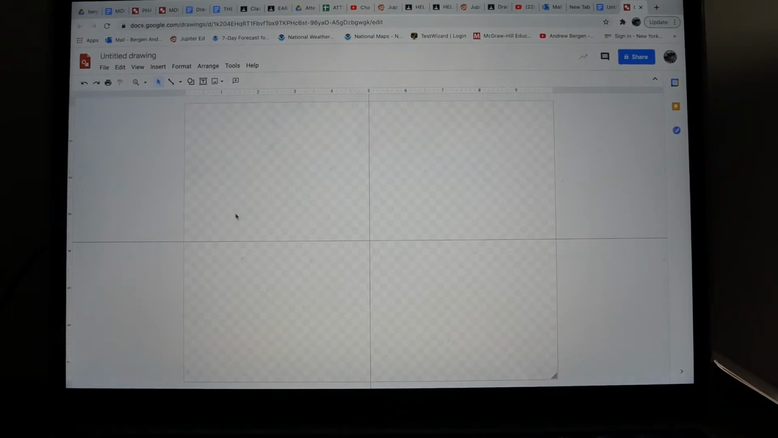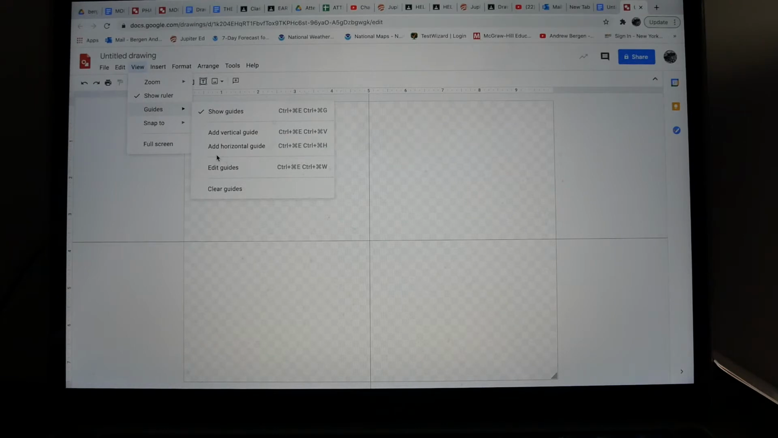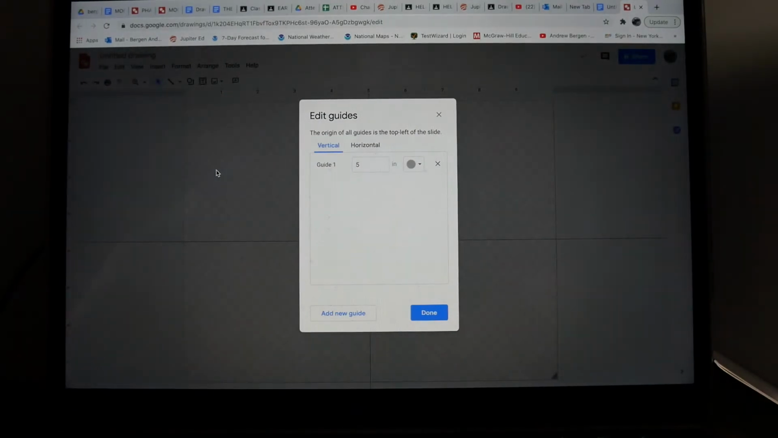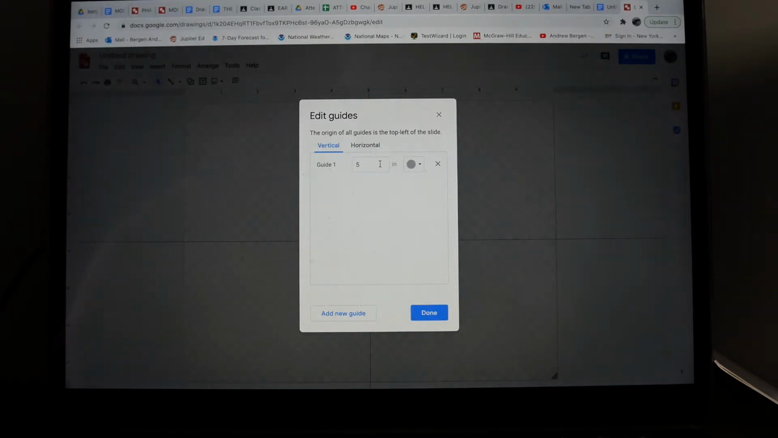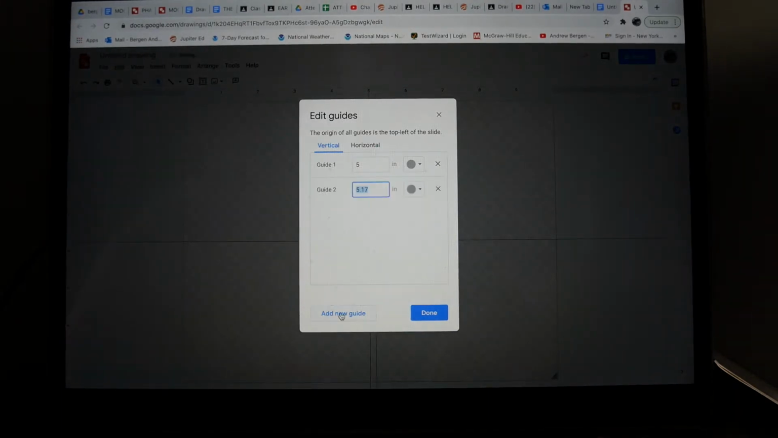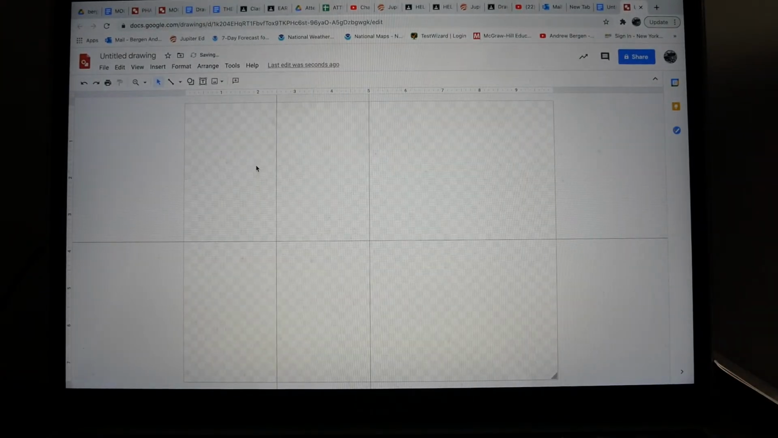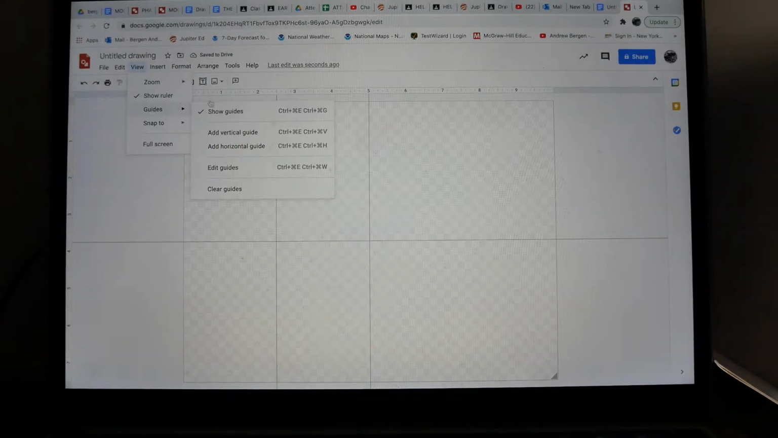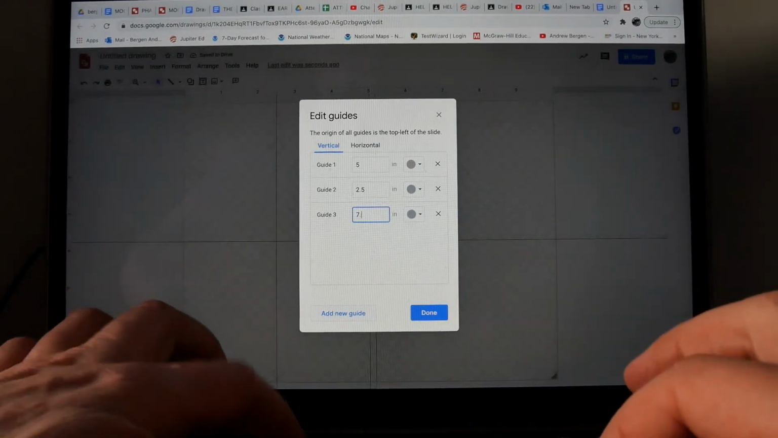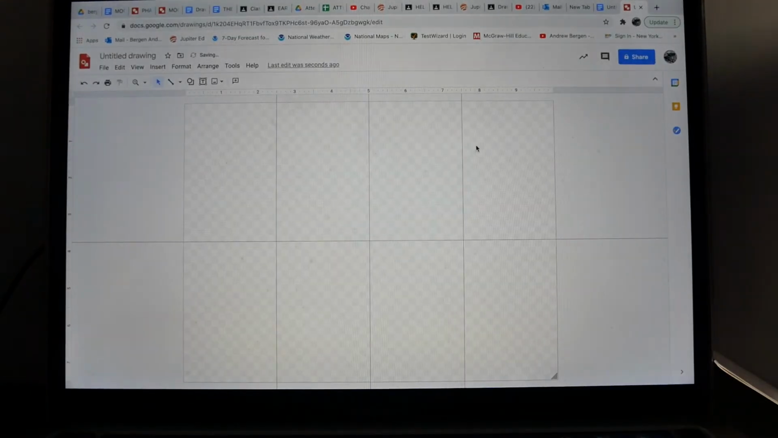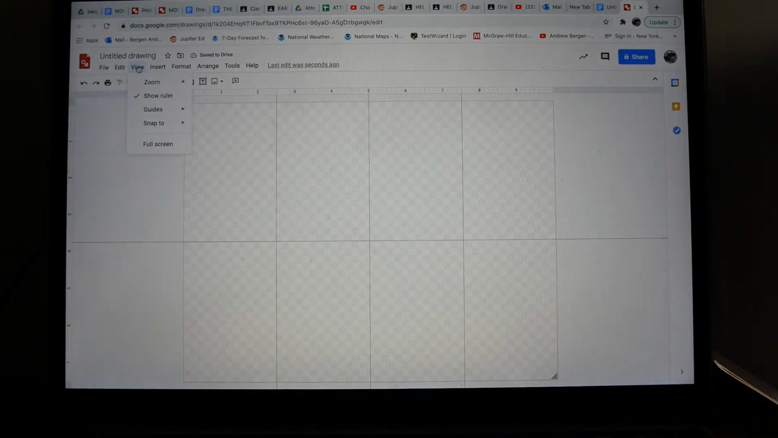Now I just want to add a couple other guides so that I can have even more sort of precision. So I'm going to add a vertical guide, and I have one at 5 inches, which is halfway to the paper. So I'm going to add a new guide. I'm going to put one at 2.5 inches, and then I'm going to go back and edit and add another guide at 7.5 inches. So now I have these 3 verticals, and then I'm going to go back and do 2 more